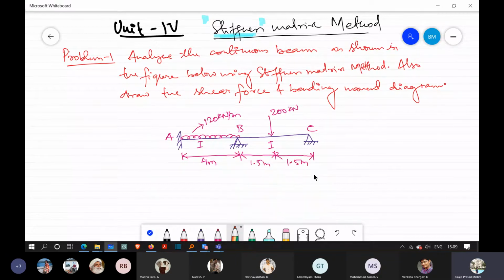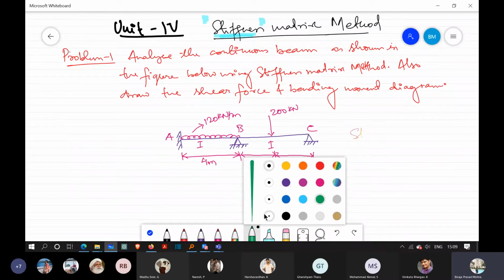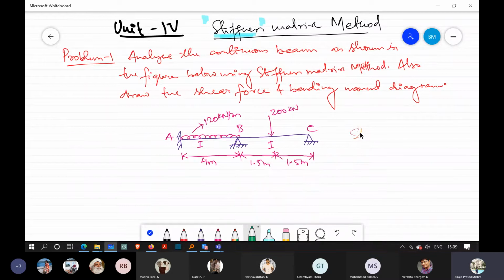If it is the stiffness matrix method, here you will take the displacements as unknowns. And if it is the flexibility matrix method,